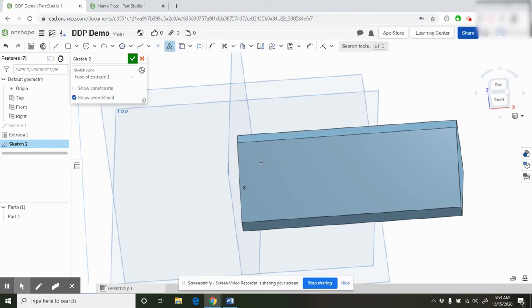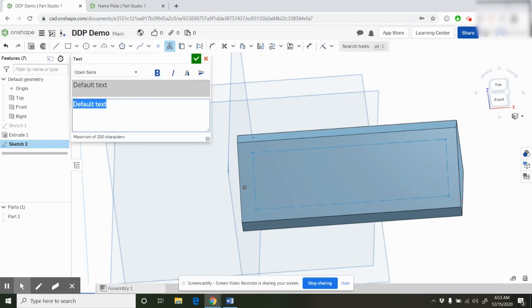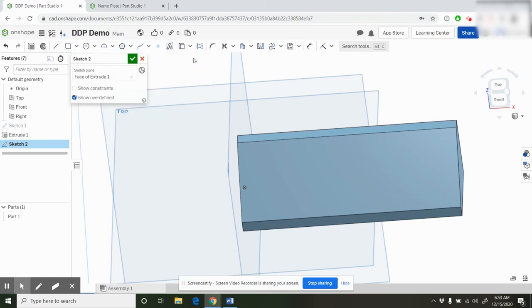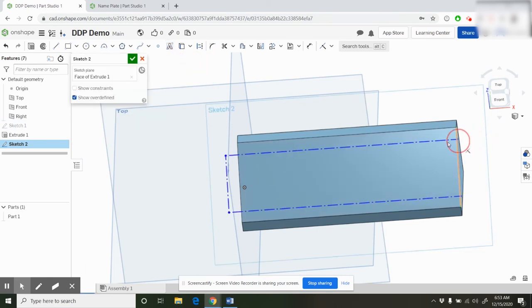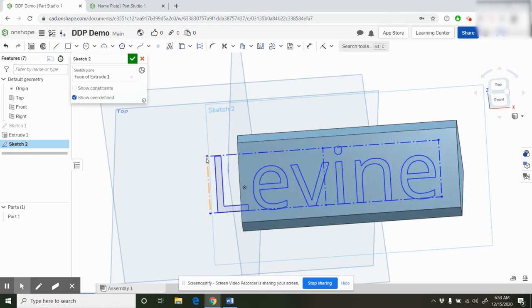So I can go to text. I'm going to go on the surface, and I can put text. It doesn't really live show on there. So once it's good here, you can hit the checkbox. It'll show up. Now, if the text is too big, you can resize